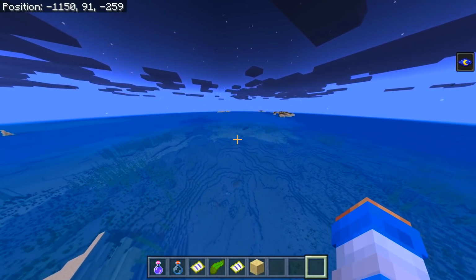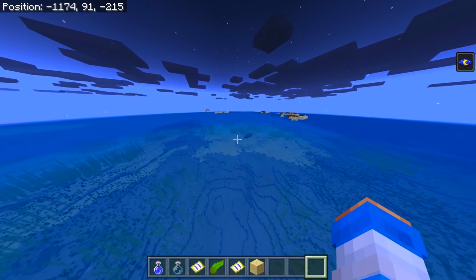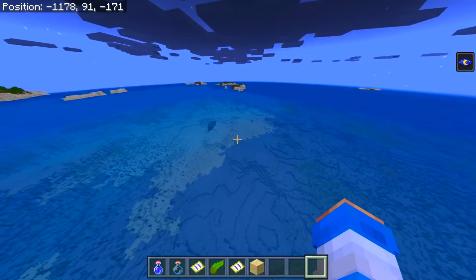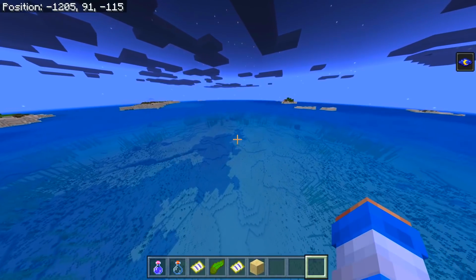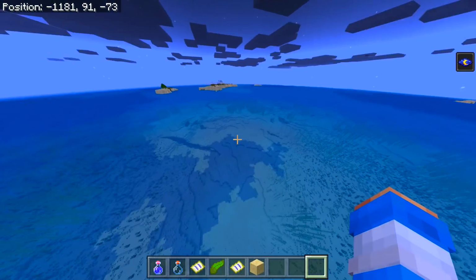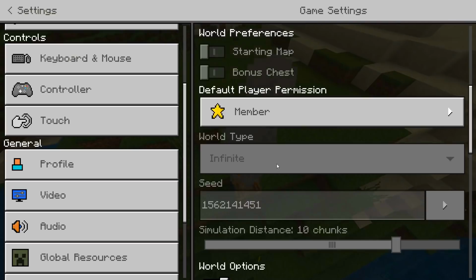So what this ocean offers you is a lot of shipwrecks, a lot of underwater ruins, ocean monuments and iceberg biomes. So for those who love the ocean and love to swim, you'll find so much here. The next seed is